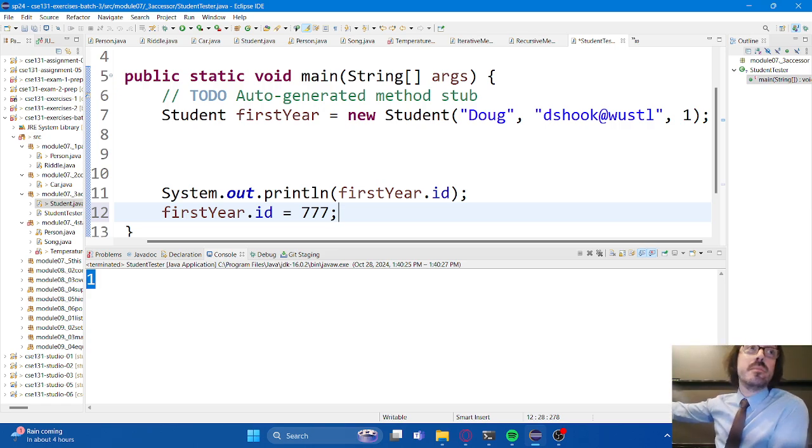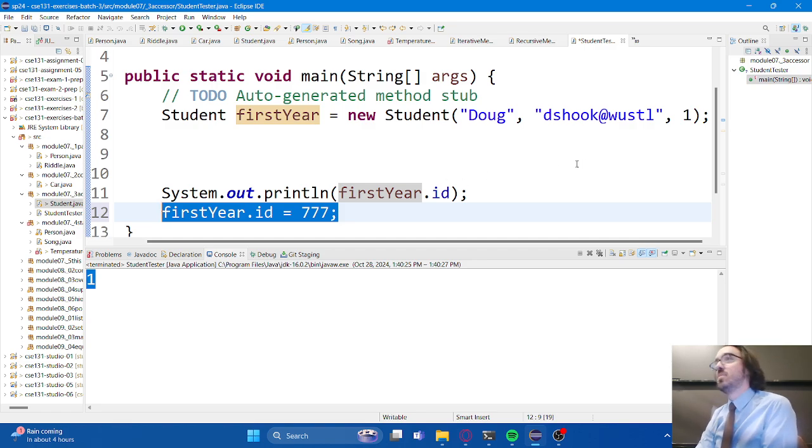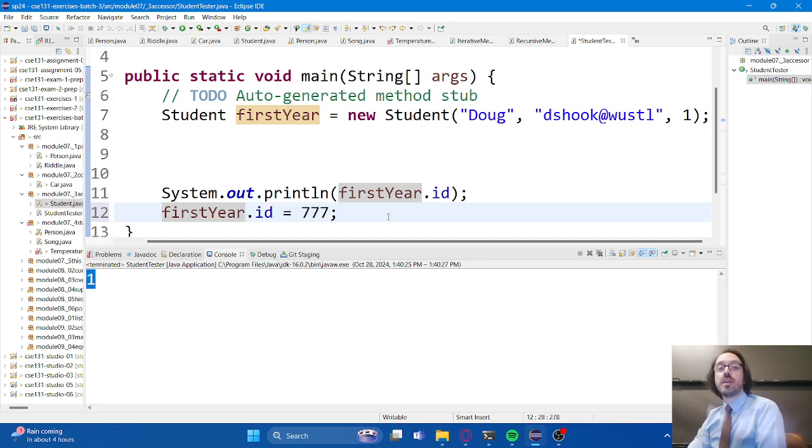That's a problem. With something like an ID number, that rarely changes, right? Unless there's some kind of weird mistake or something. We don't want these kinds of statements to be allowable. We don't want these kinds of statements to be acceptable statements within our code. They're not acceptable. This is not good programming design. Think about it.